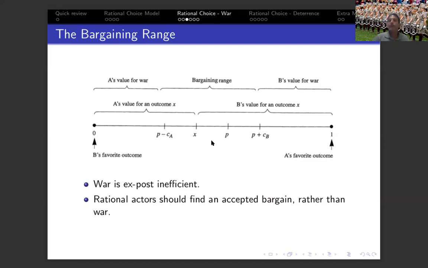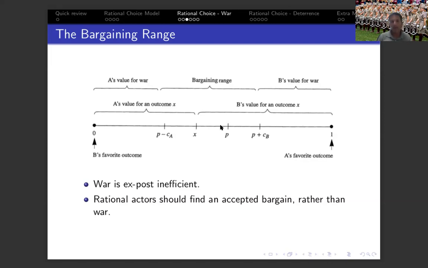In essence, what it means is that the cost and the risk of fighting open this wedge of bargain solutions that any actor which is either risk neutral or risk averse should prefer. And the fact that this bargaining wedge exists is based on the fact that war is inefficient ex post. So all that is great. And Fearon provides a very elaborate discussion that you probably have to read more than once in order to understand. But once you understand it, it's a very elegant and simple explanation of why war is actually not a rational decision. But still, we're coming back to our questions from the top.